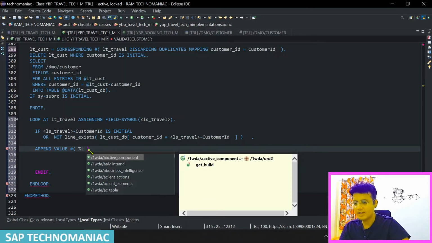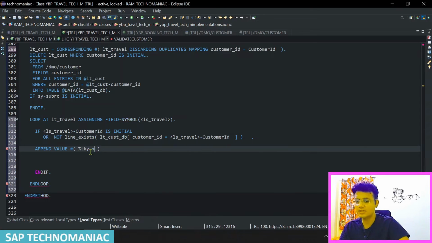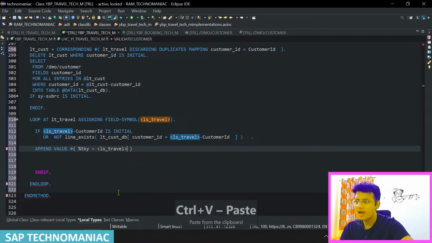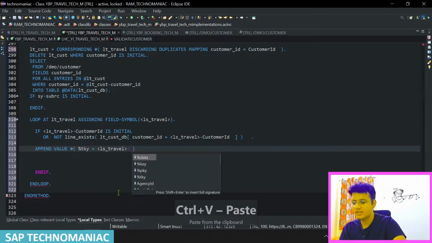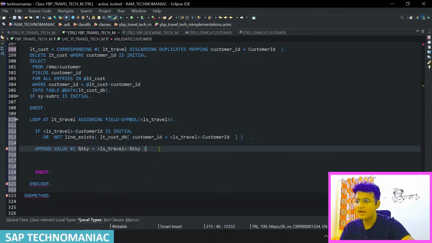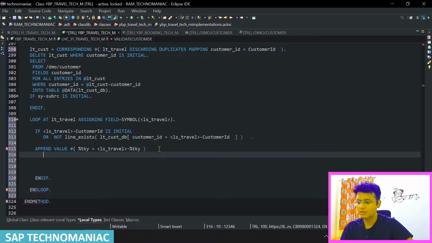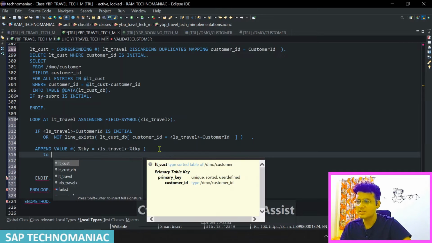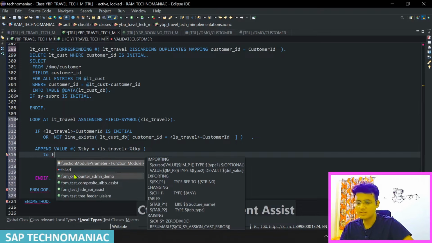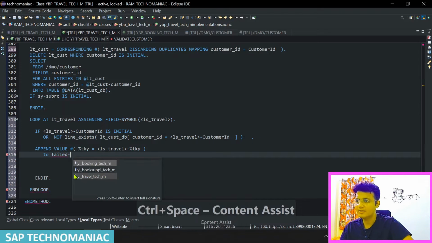Oh no, I will not get value help because I'm constructing the value, and I can pass this, Control C. We have the %tky obviously here, and append this value to, Control space, we have failed structure, failed, Control space, and we have the table called travel taken,